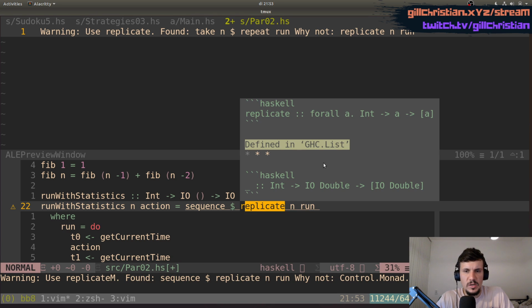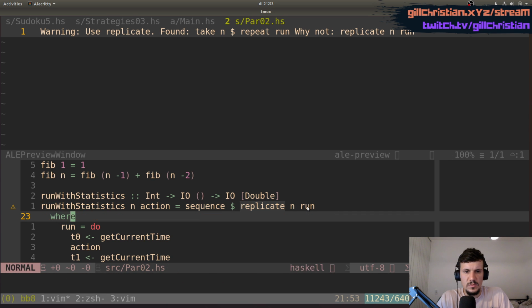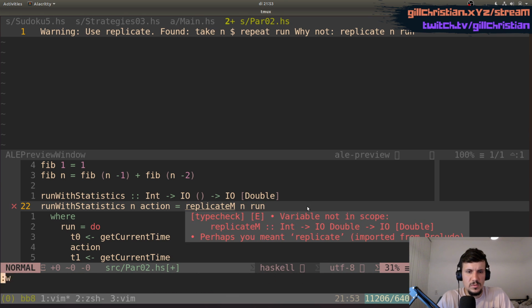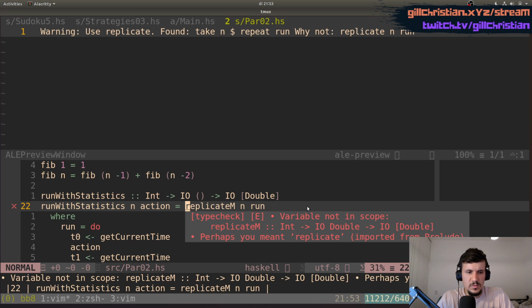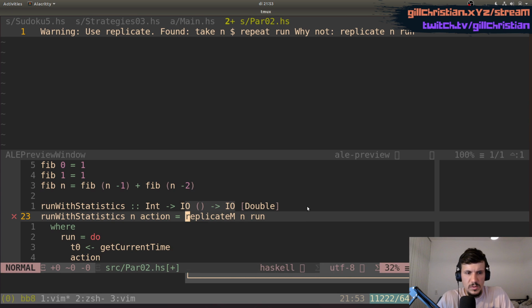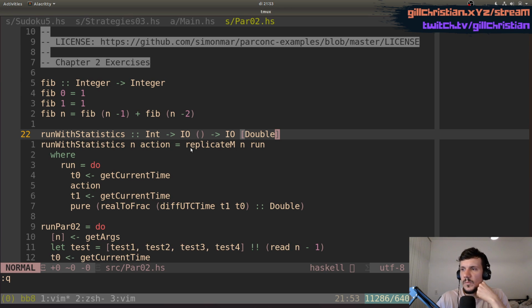But the type of replicate is, okay, so replicate m. Yes. Okay, so now